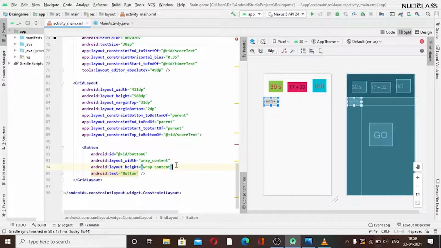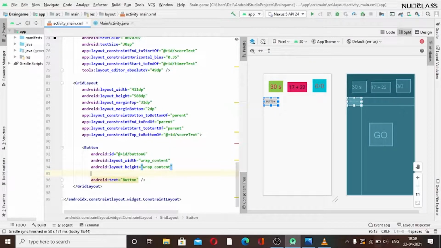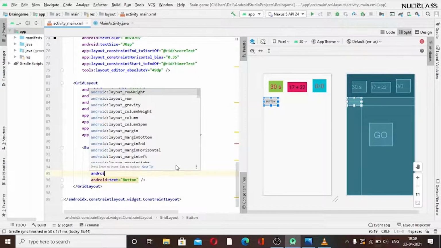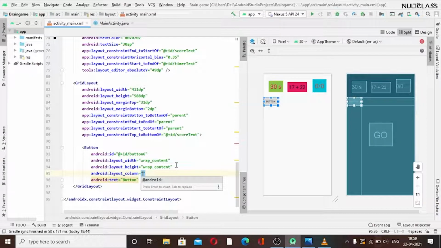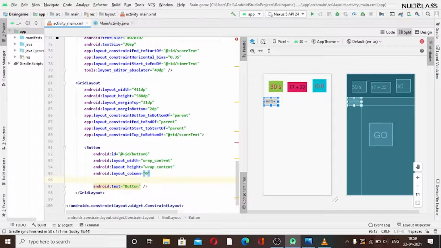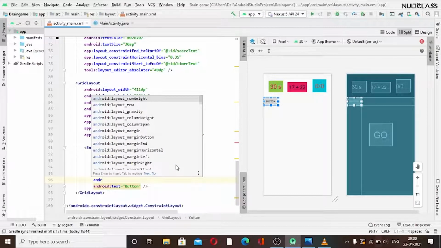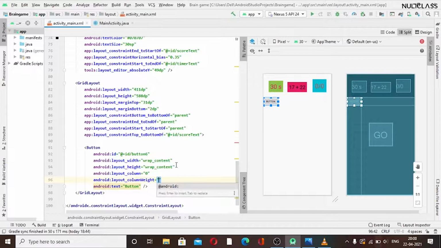I will show you. We will be using these default codes, like we have Android layout, and firstly we want to add the column. So we will add the column and we will set it as 0, as we want the first column to be 0 for this button. We want firstly to fill it entirely in our grid layout. Okay, so we will be writing the code for that. And now we want column weight. So what does this do? It will automatically be seen here like this. It grabs the width of the screen.